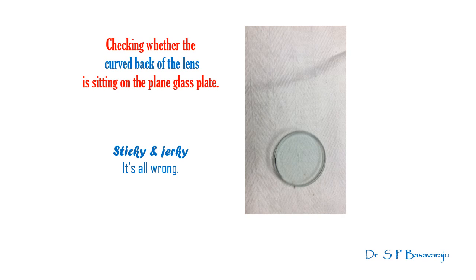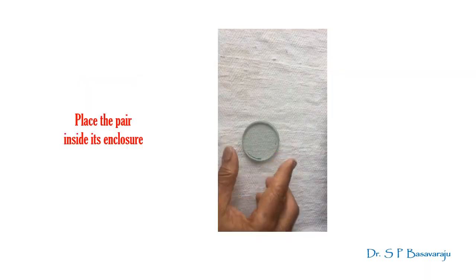But say even then you observe a jerky movement, then the obvious conclusion is, unfortunately, the two circular glass plates that you have both are plain glass plates and neither of them is a lens. But have a confirmation anyway. Check again by holding each piece against a light source and decide. If you happen to have both pieces as lenses, you will miss the sticky movement effect irrespective of which way you arrange. That pair is also not alright. You do need one of them to be a plain glass plate.